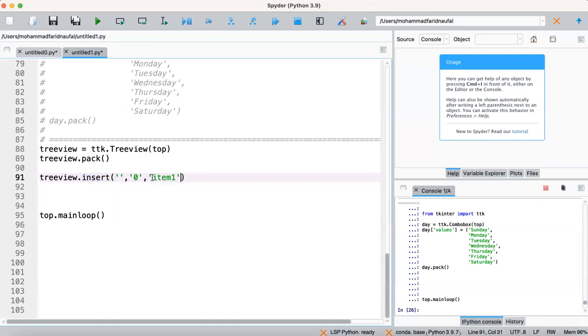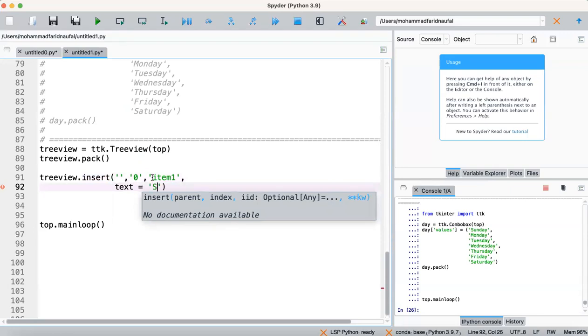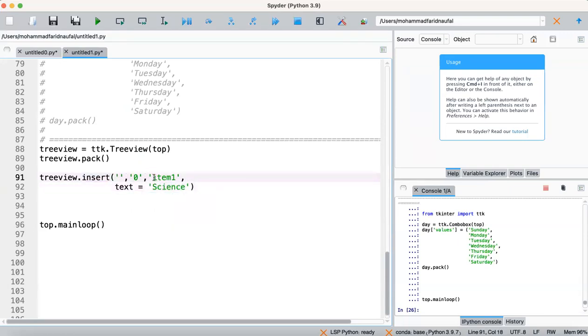For the text, text equals science. It means we have one item on the 0 index, and it will be placed at the top main tree, so we don't need to give the first argument here.